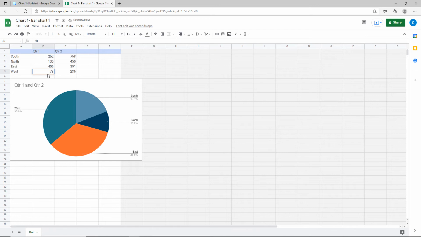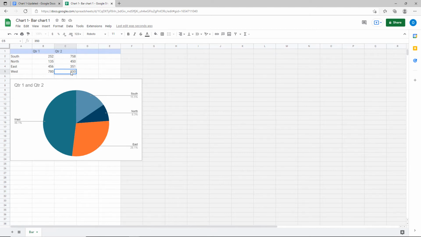And this is because the most important thing is not the chart, it's the data that the chart is based on. So you'll see that as I make these changes, the chart also updates below. Now let's say that I actually want to change the chart type that I have. When I'm here inside of Google Sheets, I can click on my chart, come over,